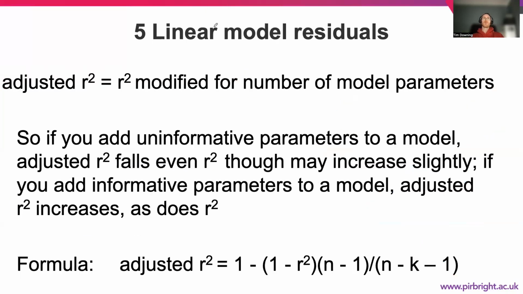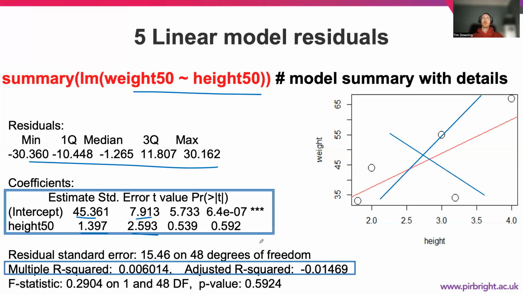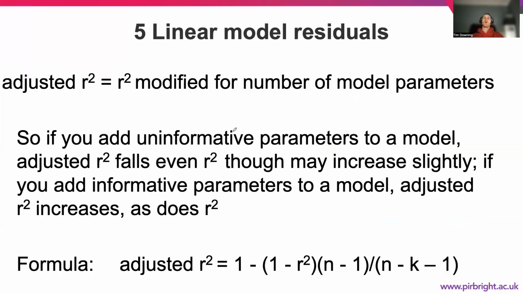So the adjusted R squared is also mentioned there. That's a value of minus 0.01 here for this model. That's R squared modified for the number of parameters that are present. So if you add additional parameters into your model, such as you've got a model of plant growth based on the height, and then you add in temperature, but if temperature is uninformative, you should not necessarily overfit your model just because you're adding in more parameters. So you get a higher